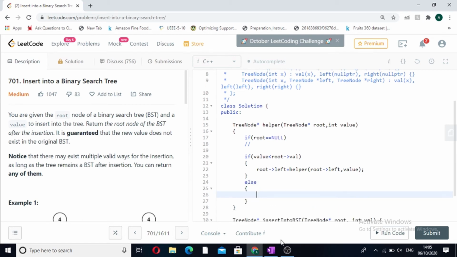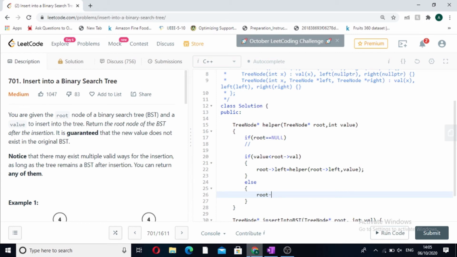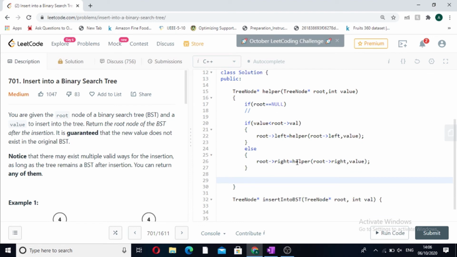In that case the value will be inserted in the right subtree of the BST, so we will make the call to the right side: root right, value. When we have made both calls, left and right, we return the root of the final tree. Now we will write the base case.